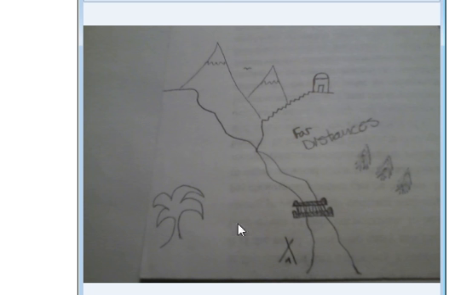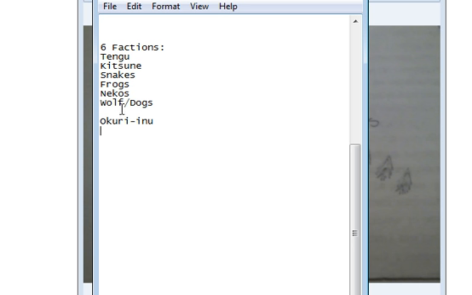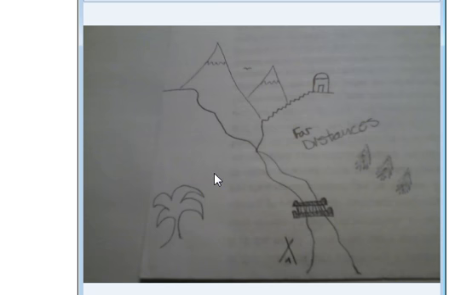So we would probably have an area of the map that looks like it's gonna be all trees, so for this side. So the Tengu are probably gonna be up in the mountains, or maybe they'll be up here. Who can say? Foxes way up here. There are a lot of different water demons in Japanese mythology as well, so maybe one of those. Well, I've got frogs. Those are not really what I was thinking, but